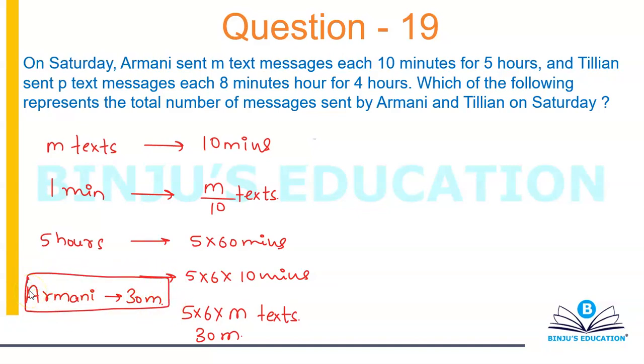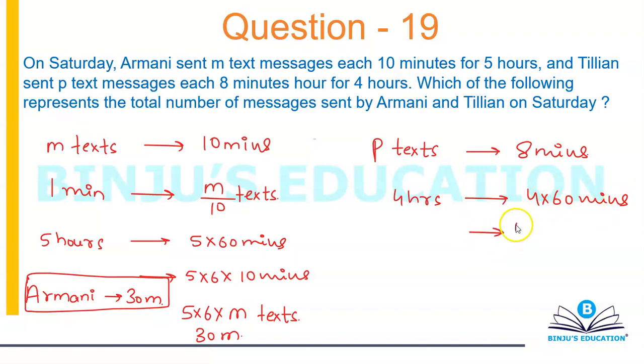Okay, coming to Tillian. So for Tillian, he is sending P texts in 8 minutes. P texts in 8 minutes. So how many texts is he going to send in 4 hours? If I have 4 hours, that is 4 into 60 minutes,